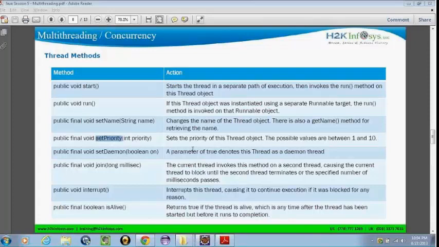So folks, here, let's say in this example, I'm saying t2.join. For example, let's say I have started both these threads.